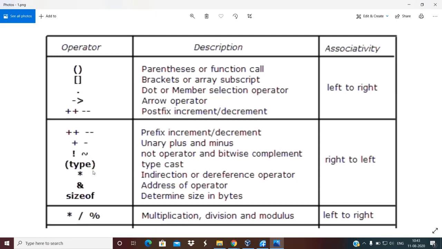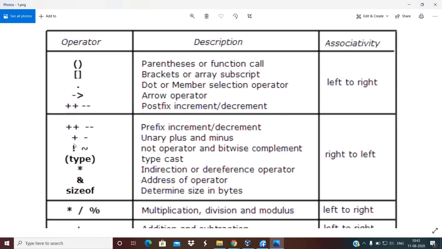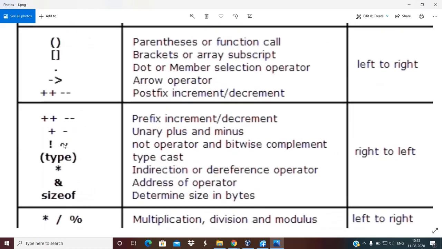You can type this tilde symbol by pressing the shift and backquote keys, the key which is beside this one. You can type this tilde operator from the keyboard. Okay, so this is referred to as an exclamatory mark. So this is the exclamatory mark, and this is a bitwise complement operator.